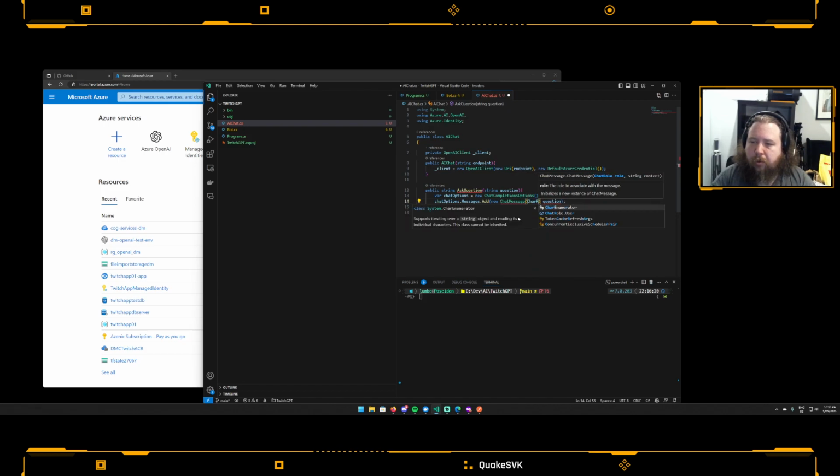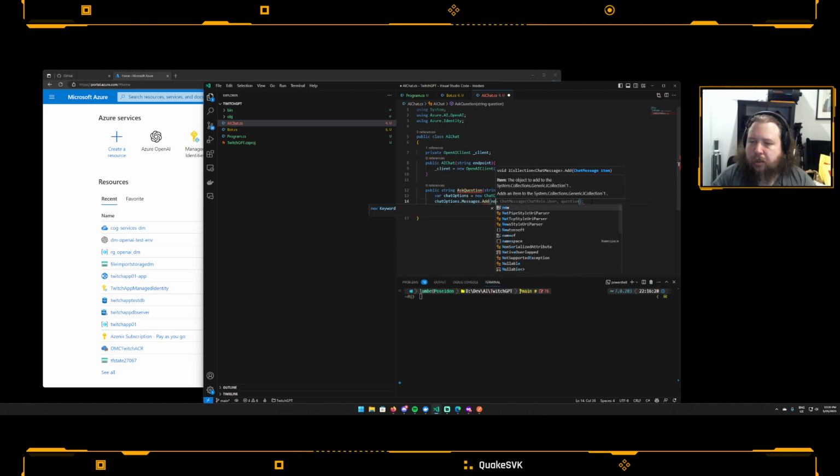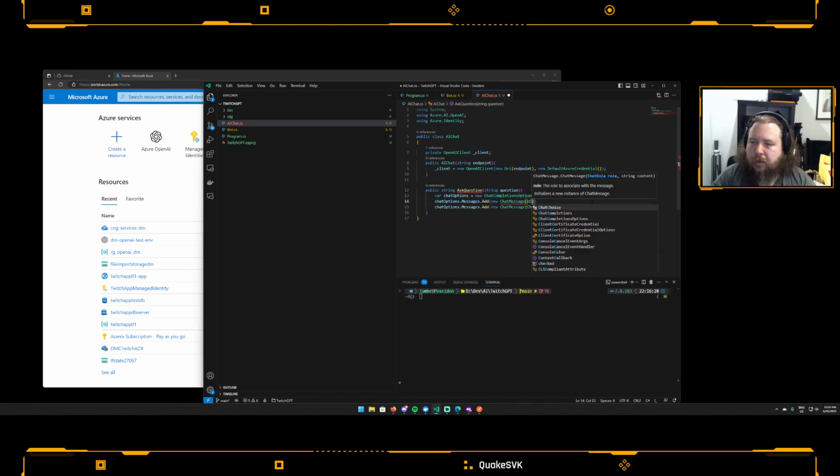Chat role is user, and they're asking a question, and we will also do, so I'll explain what this is doing in a sec. Just want to get this in. I want user, I want this one to be system, and